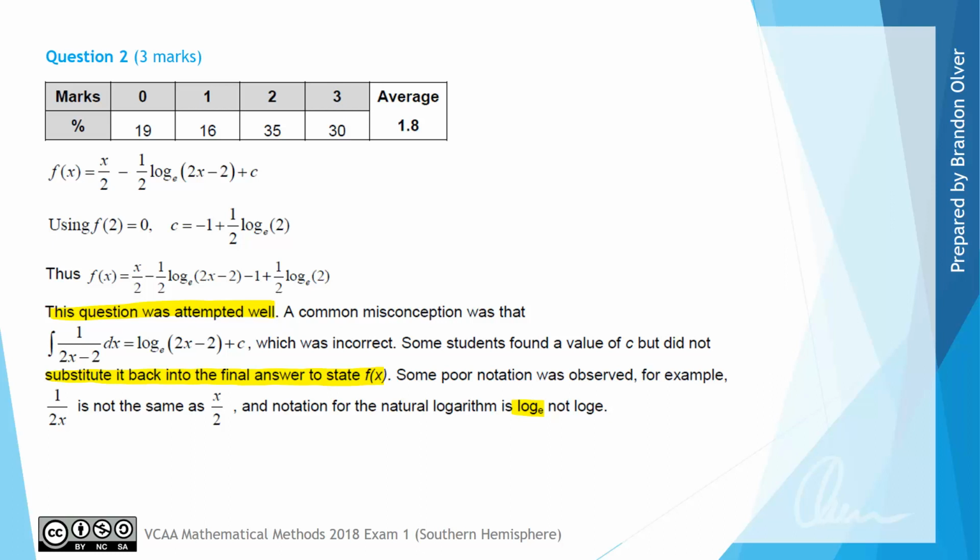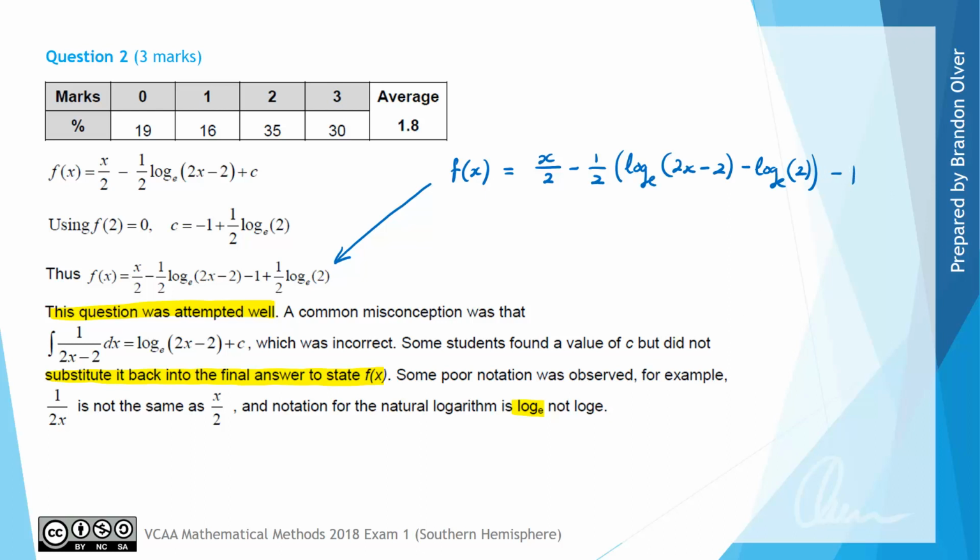And now some of you may have noticed that the rule that f of x is quoted as in this examiner's report looks a little bit different to the one that I gave on the previous slide. But we can show that they are the same thing, they just went about it a slightly different way to me. So this rule of f of x that they have written down can in fact be written as x on 2, which is the same as what we got, minus a half, and then we could have in brackets log e of what they have, 2x subtract 2, and then this a half log e of 2 could be written as minus log e of 2 inside that bracket, so that is the same as what they have written, with the subtract 1 out to the right hand side,